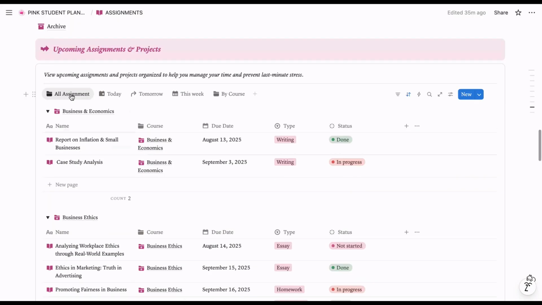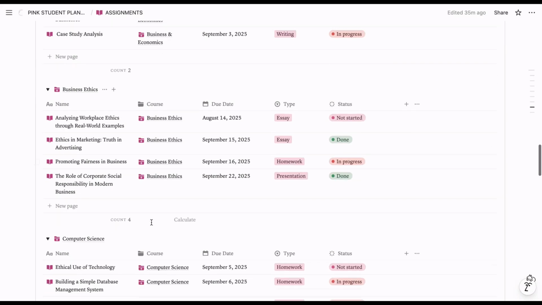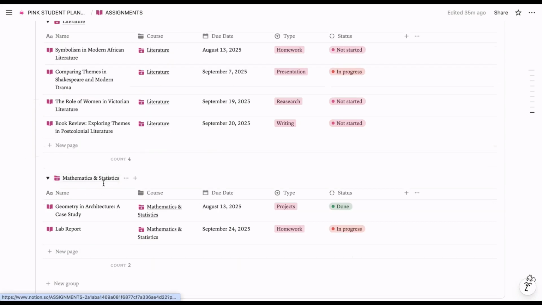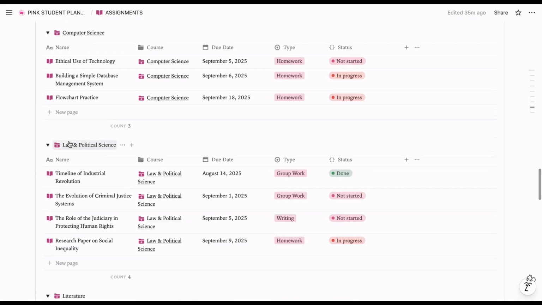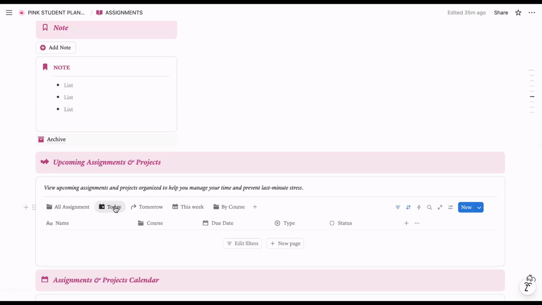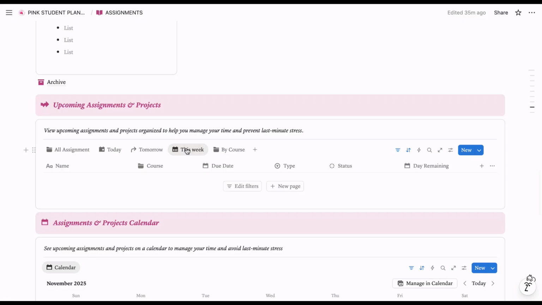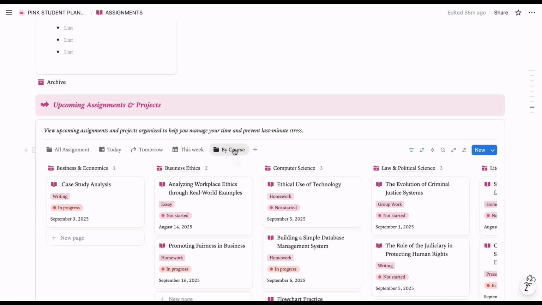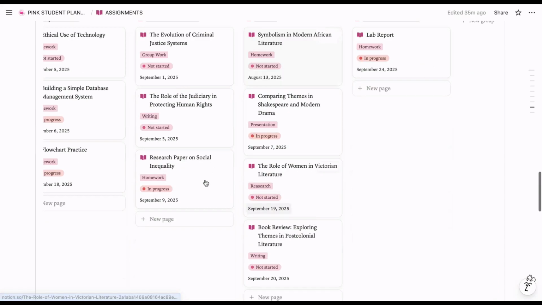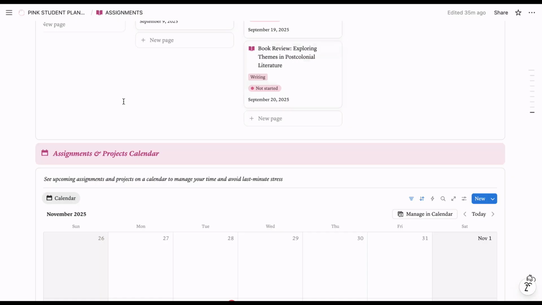So you have all your assignments over here completely listed down in a list format, and it's categorized by subject. So you can see, like literature subject, I have these assignments. These are nothing but the courses, like mathematics and statistics are the courses. So for each and every course, everything is listed. If you go and add a filter like today, you can see no assignment. Like this week, you don't have any assignment. And if you want to see by course, you can just see by course what all the assignments you have. So that is the complete details over here.